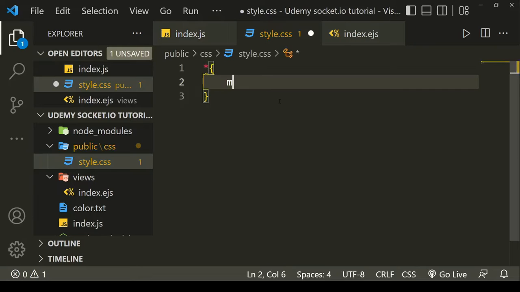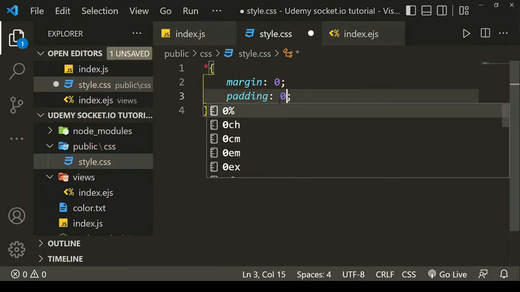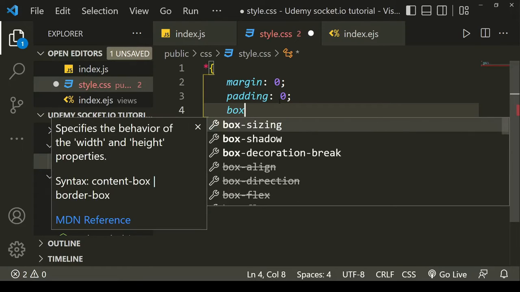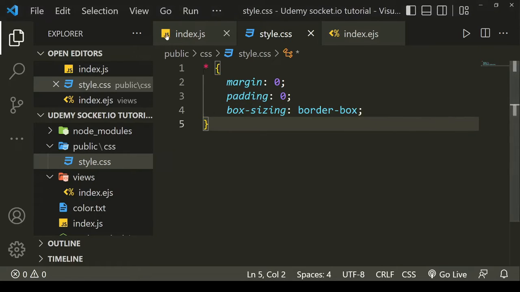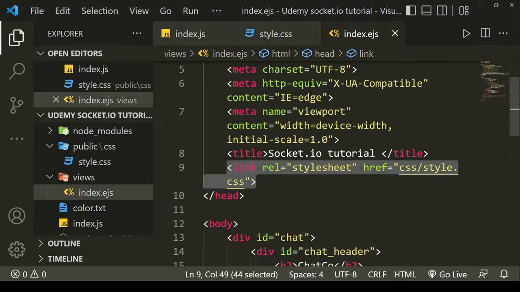First, I will reset the margin and padding, and I will do the box sizing code. So if I save this file, go back to my browser, refresh, you can see the changes. Now styles are applying to our HTML. And now in our index.ejs,